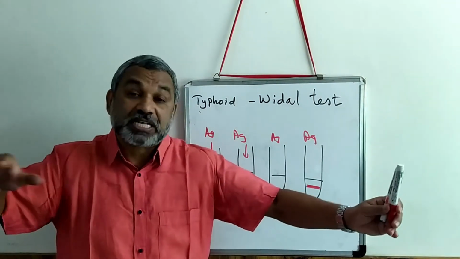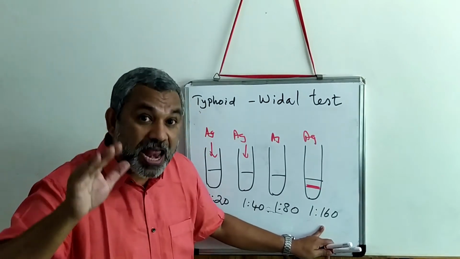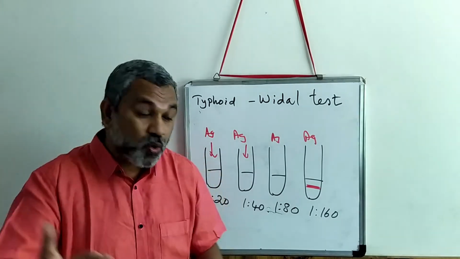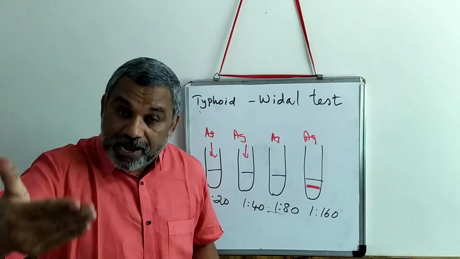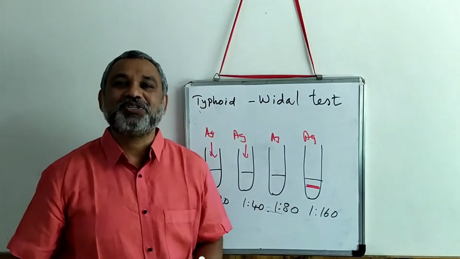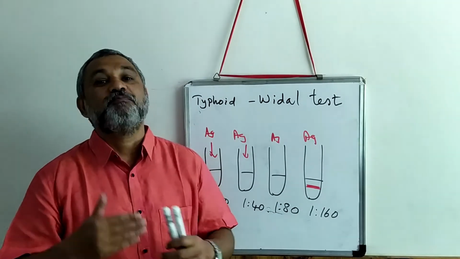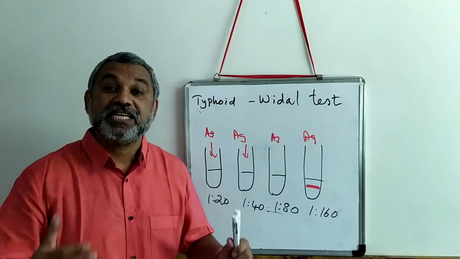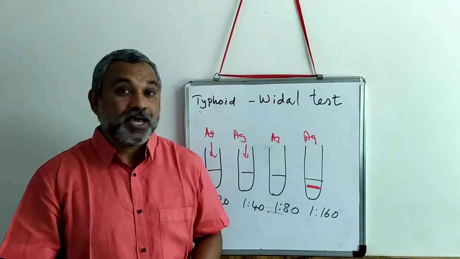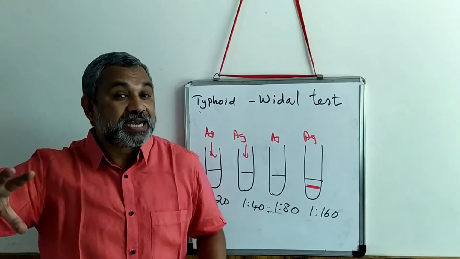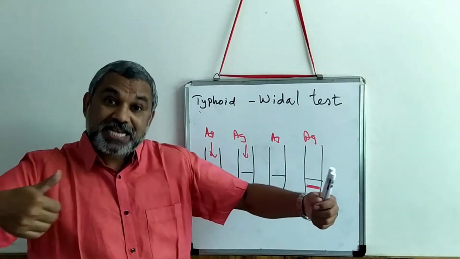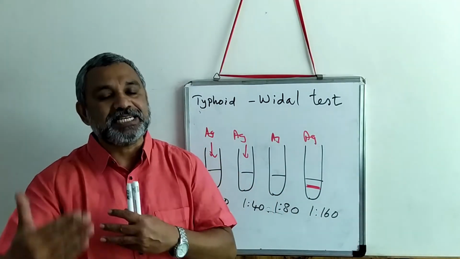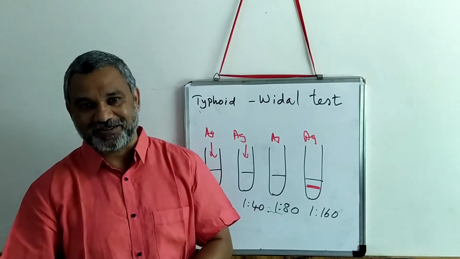Even with such a very small concentration of antibody, it is able to form a visible agglutination, which shows that the infection is greater. So this is the Vidal test, which is carried out in order to find out the presence of H antigen or O antigen, which are reflective of typhoid infection. You see how agglutination reactions are carried out in a variety of ways in order to detect this. All these are direct methods of detecting the presence of antigen.